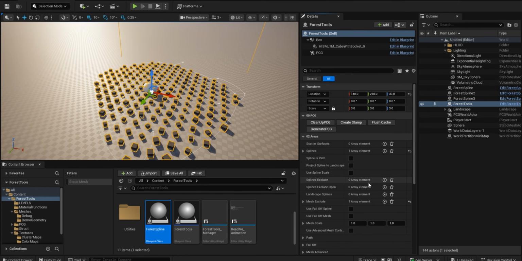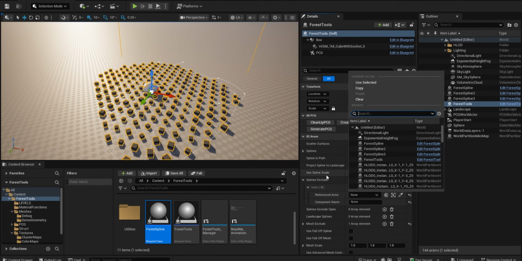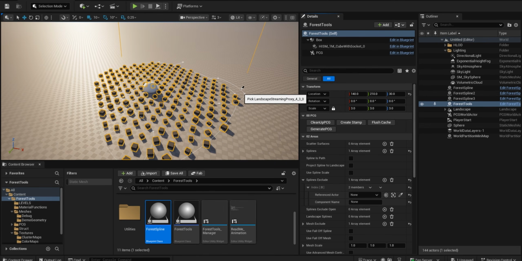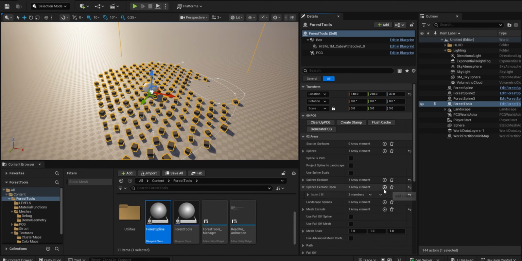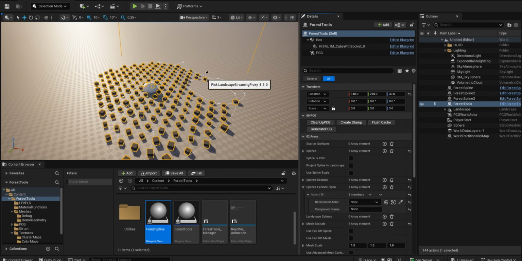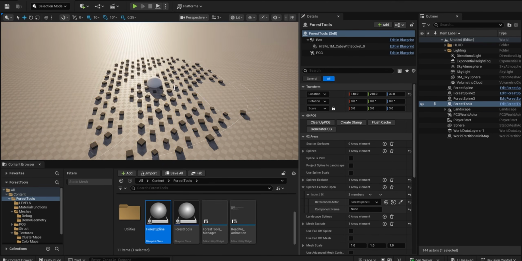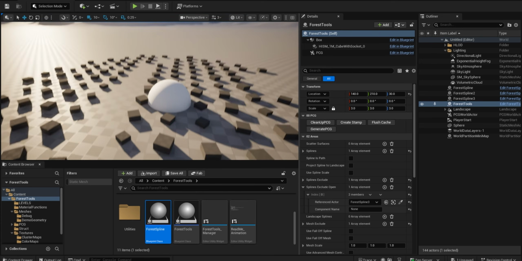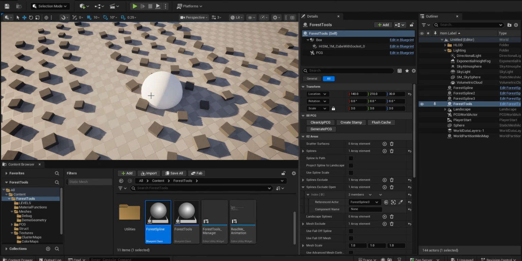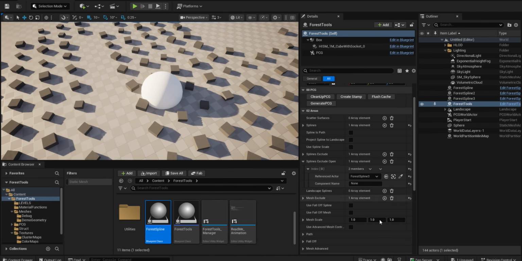Under the landscape spline exclude, you're gonna pick this spline, and under the spline open, because it's an open spline, you're gonna pick this one. And let's say this is not enough. You want them to avoid this mesh